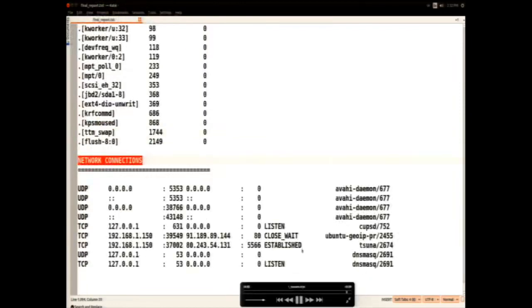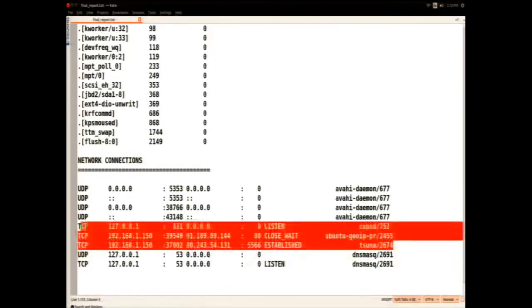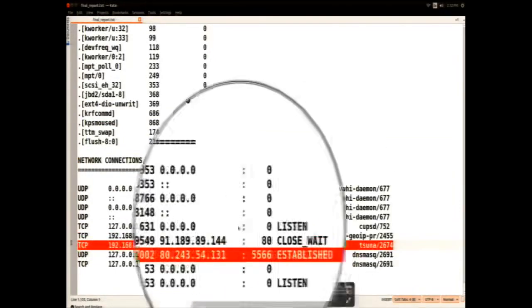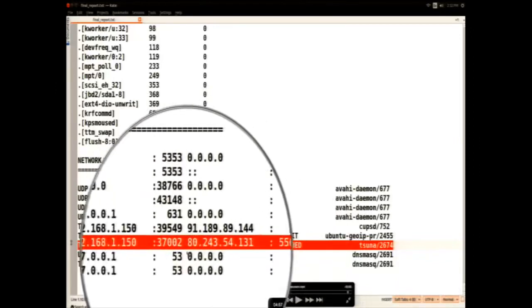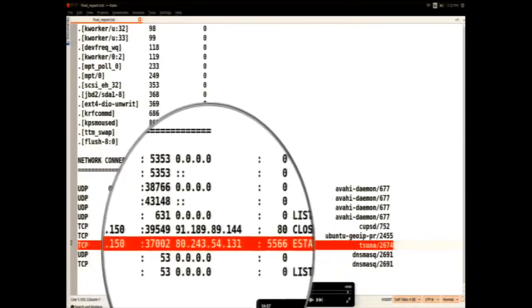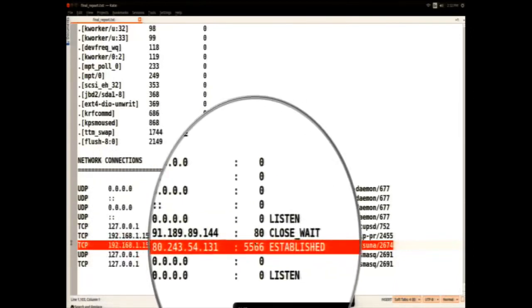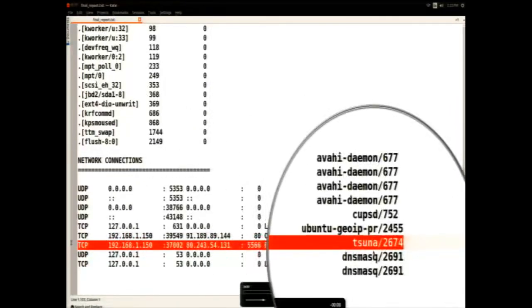And displaying the network connections shows that, again, this is from the memory. So we are dumping the memory and extracting these artifacts from the memory. As you can see here, there is a communication to the command and control server on port 5566, but it also shows you which process was doing the communication. As you can see here, it is the file that we executed.